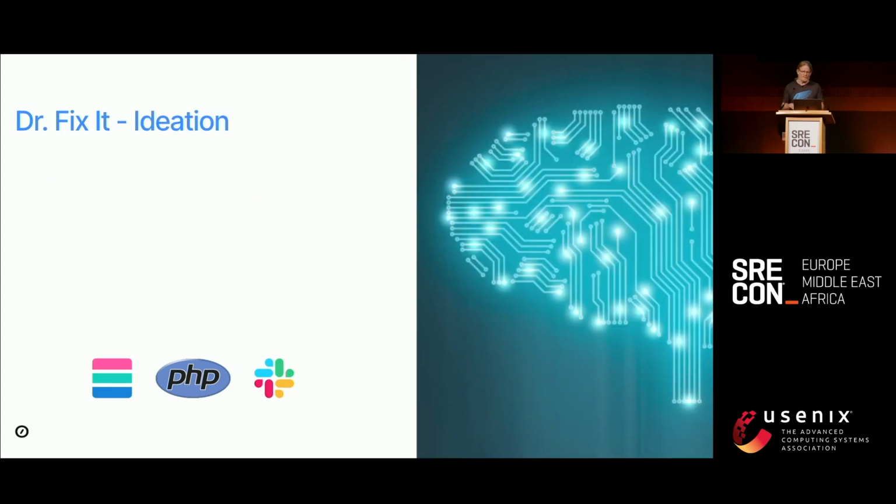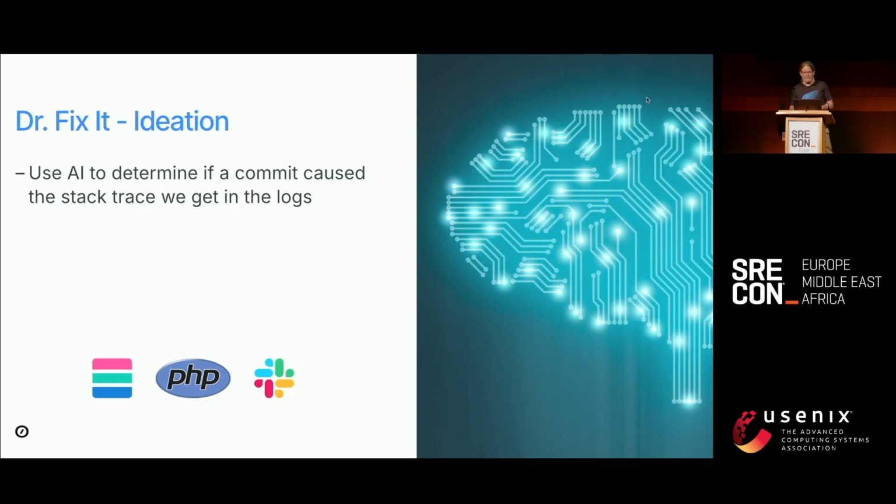So we decided that we would iterate on this. It can have quite a good benefit for toil reduction. So we had this big plan, right? AI is the big thing. Let's use AI to determine whether a particular commit caused a stack trace, right? Seems pretty cool. We'll then be able to filter the list